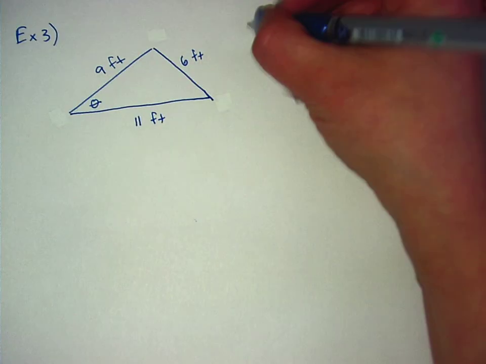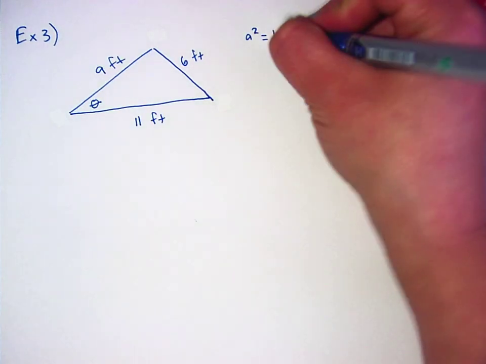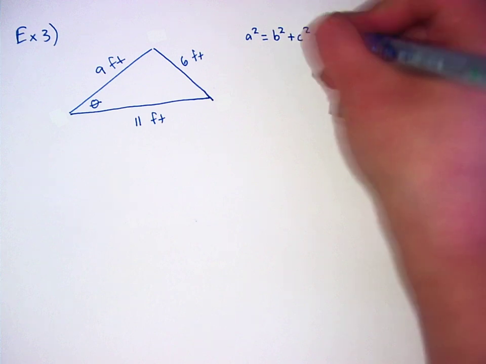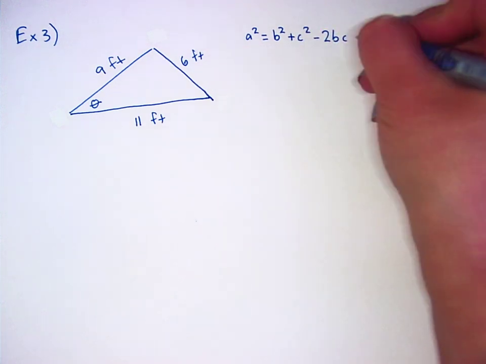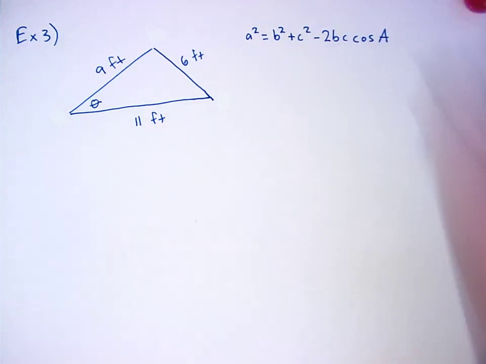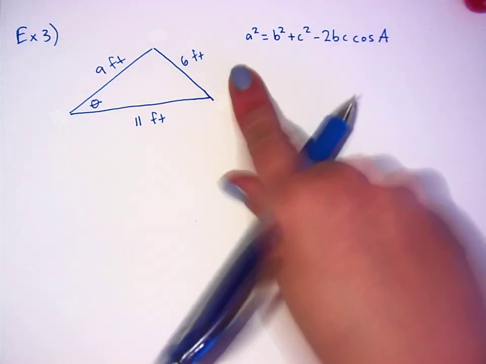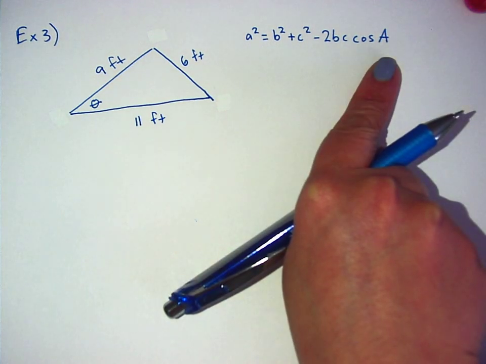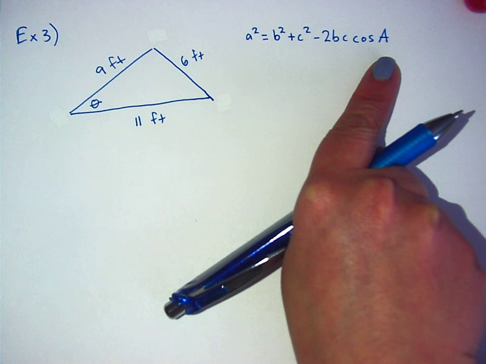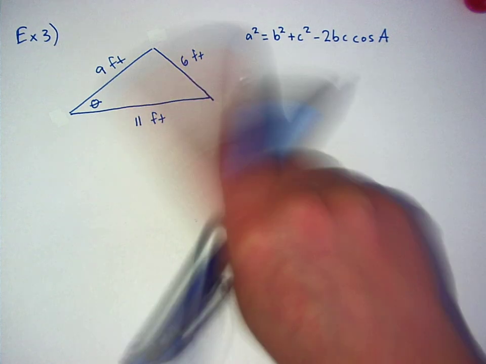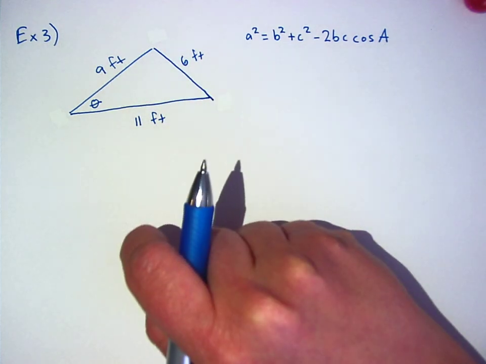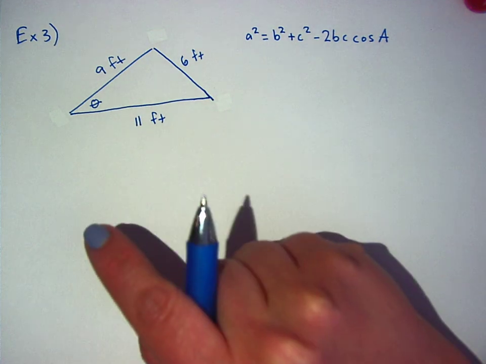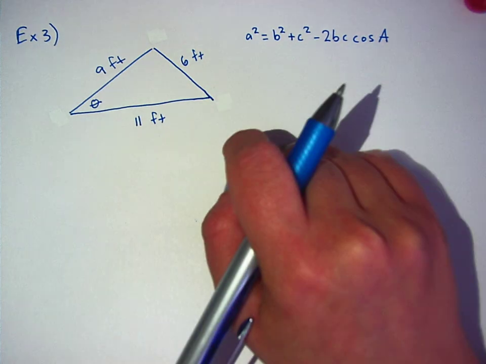Okay, so we know that the formula is a squared equals b squared plus c squared minus 2bc cosine A. Did I get it right? Was it a minus? Okay. So what is what in this situation? Where's A, B, and C? Which one is A, which one's B, which one's C? It does matter, and it only matters because we know which cosine we want to find, which angle we want to